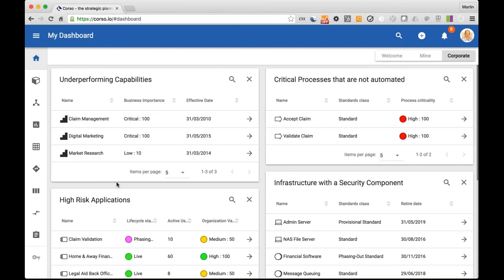So if I'm an executive in the organization, I could look at underperforming capabilities. So these are business capabilities, so things like claims management, supplier management, managing the sales process. So these are all types of capabilities, and there's a few being shown here. The business importance is being shown as an attribute, and what date these were effective at. So when were these capabilities effective in the organization? So again, what we're doing here is we're elevating up into a dashboard